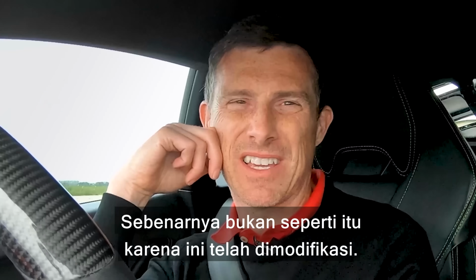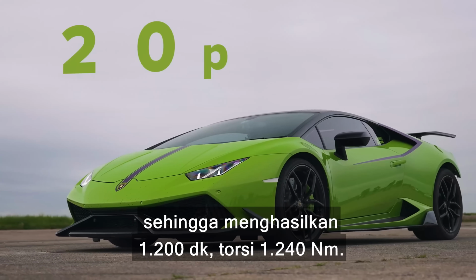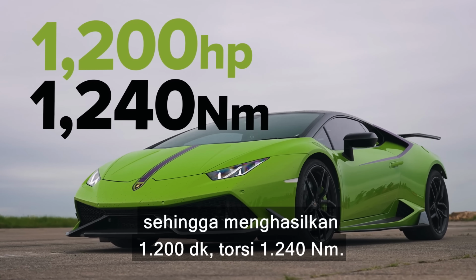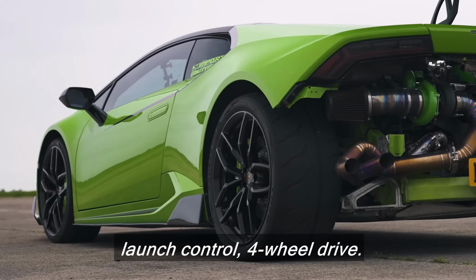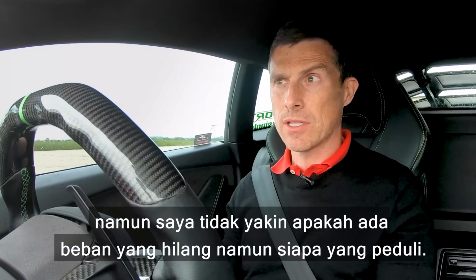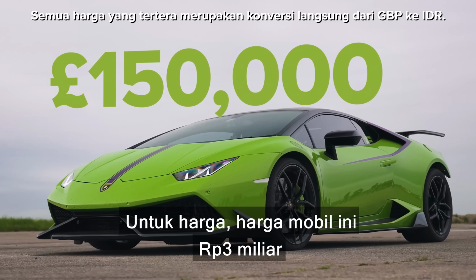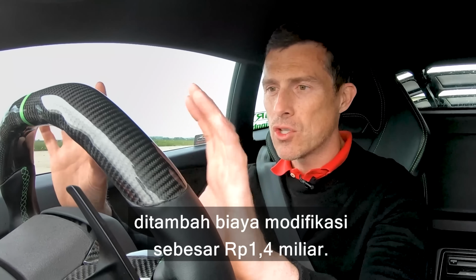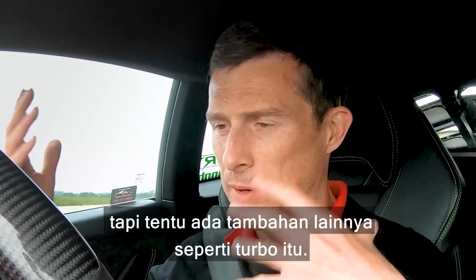Oh, actually it doesn't, because it's tuned. It's had two turbochargers bolted onto it. The result is 1200 horsepower, 1240 newton meters of torque. It's nuts. It's got a 7-speed dual clutch automatic gearbox, launch control, 4-wheel drive. It weighs in at 1,553 kilos, though I'm not sure whether that's a wet or dry weight, but who cares? In terms of the price, £150,000 this car cost, and it's had £70,000 worth of tuning done to it. It's actually on standard engine and standard gearbox, but it has obviously got other bits and pieces done to it,